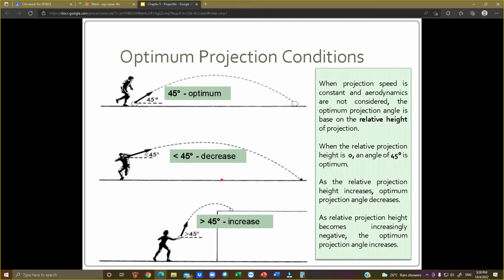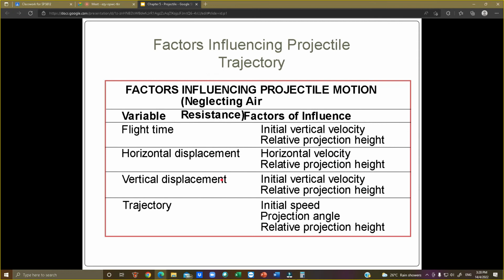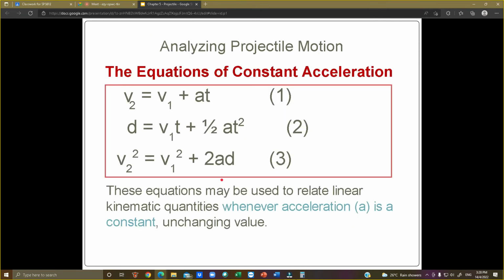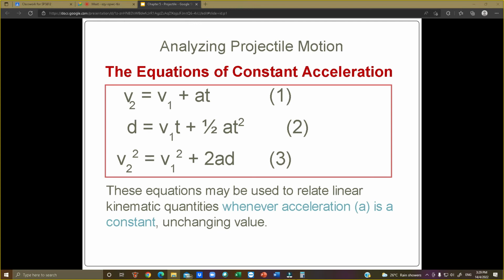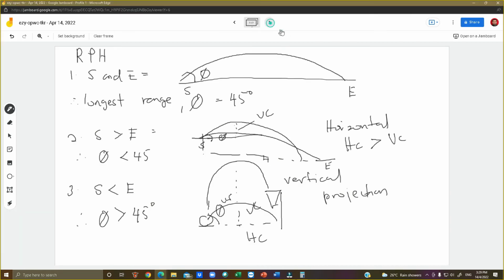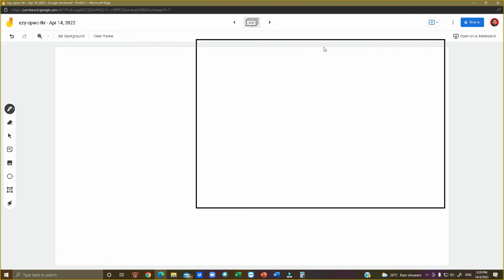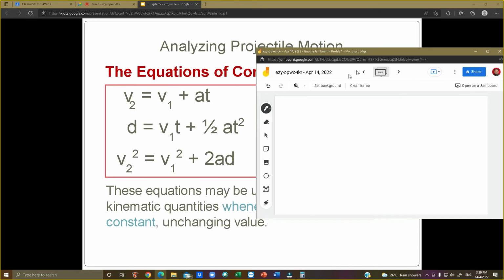Kejap, benda yang sama. So I'm going to skip this one. Okay. These three equations kita hold dulu. Saya nak tunjukkan kamu satu benda lain dulu before we go to this. This equation is known as equation of constant acceleration. Okay. So this equation, penggunaan dia kita hold dulu. Okay, apa saya nak tunjuk maksud dia dulu.